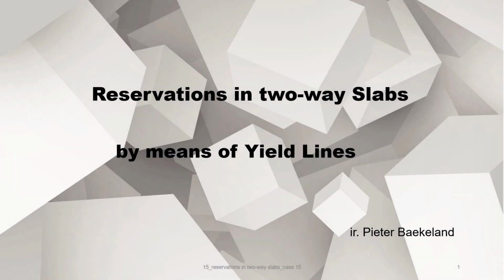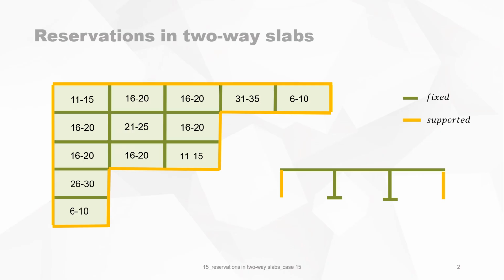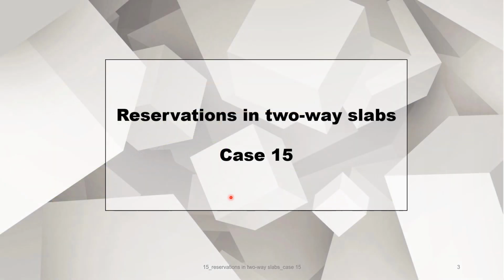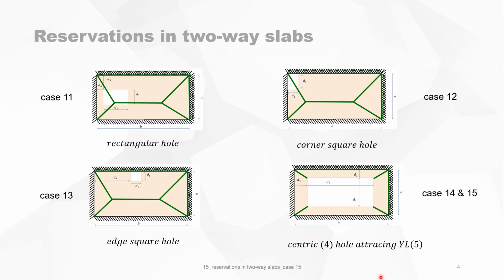Reservations in two-way slabs by means of yield lines. This video deals with the cases 11 to 15, which is the case where a concrete slab is on two adjacent sides fixed and the other two sides simply supported. And we will handle here case 15. Case 15 is about a reservation in a slab